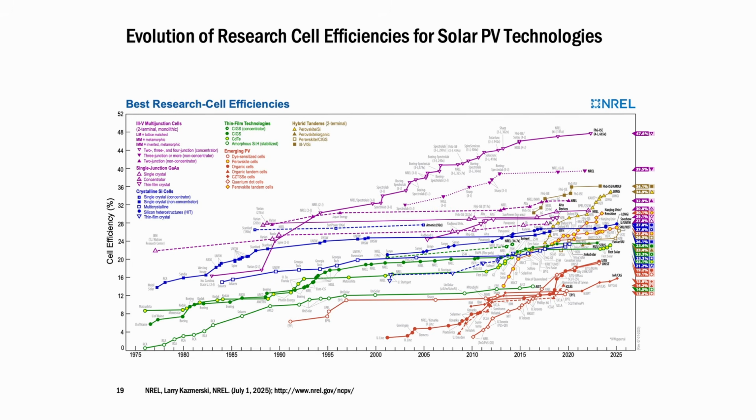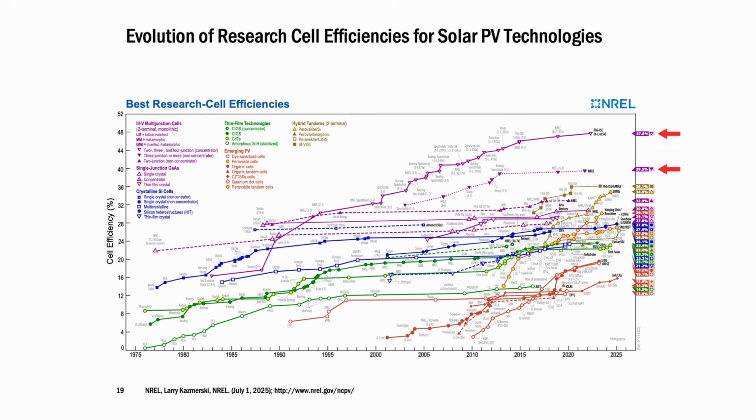Cadmium telluride is in green with the yellow filling, and you can see that CdTe has benefited from some pretty significant efficiency gains, much more accelerated than the crystalline silicon cells, to the point where they're at 23% efficiency, rivaling that of crystalline silicon. So the max theoretical efficiency of a single junction solar PV cell is